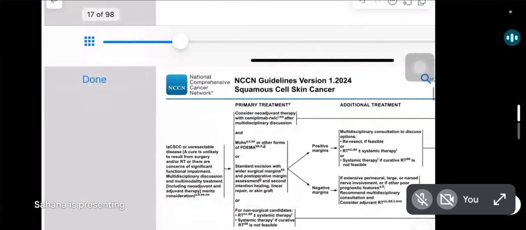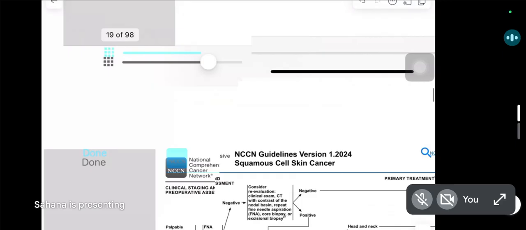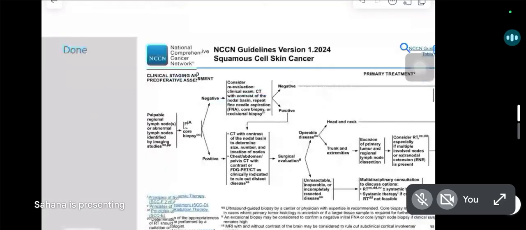In locally advanced or unresectable disease, nothing extra. You will address the primary with minimal conservative surgeries, or you can resort to giving RT or neoadjuvant therapy. That is what they have again mentioned about the same thing. Now nodal